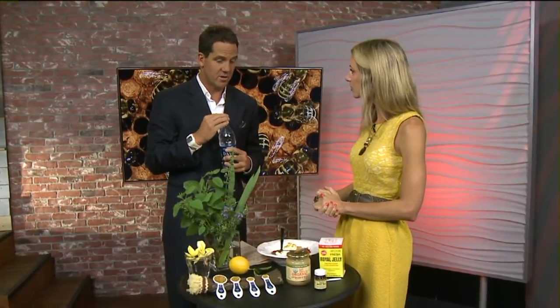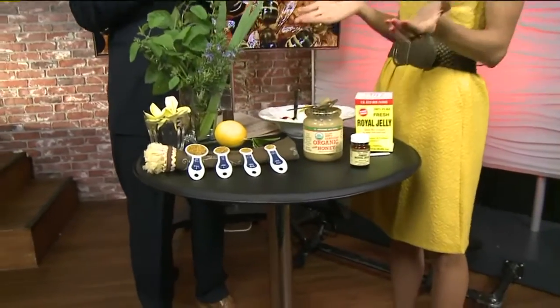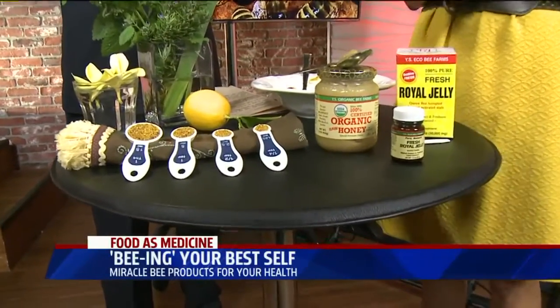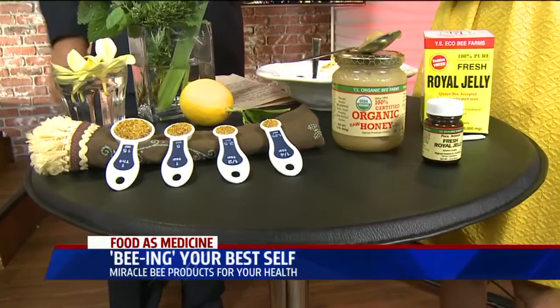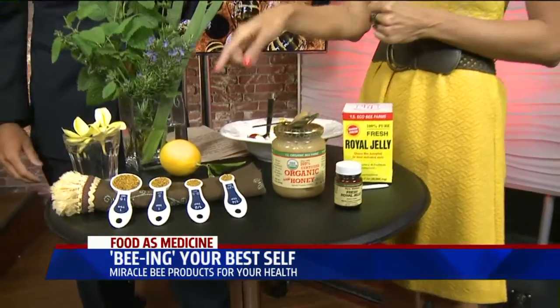Important that we should note here this morning, if you are allergic to any of these products or bee products, you probably should stay away from this, right? Yeah, there's 2 caveats. If you're allergic to bees, none of this stuff for you. And the second one is if you have a child under 3 years old, no raw honey. You're not supposed to have raw honey because of the bacteria, the living bacteria in it, until after 3 years old. Outside of that, you can get all of this stuff at the health food store. And last thing, you need to make sure the bee pollen is local if you're using it for allergies, so you build up antibodies to everything in the area,